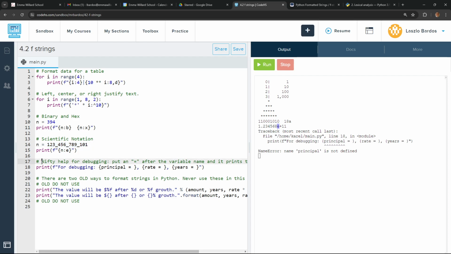And the last nifty little thing is if you're debugging, this is why you print. I end up printing variables a lot just to see if I understand what's going on. I print the variable to debug my code. And there's a nifty little thing that in the curly brackets, you put the name of the variable you want to see. And if you put an equal sign,